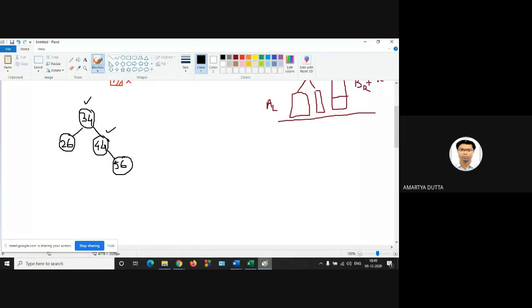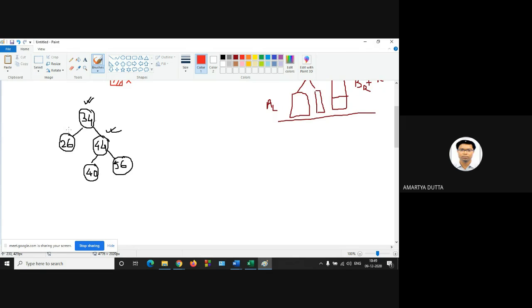Next, 40. So 40 is greater than 34 but less than 44. So this will be 40. Is it balanced or not? Yes, full structure, balanced. So full balanced, because